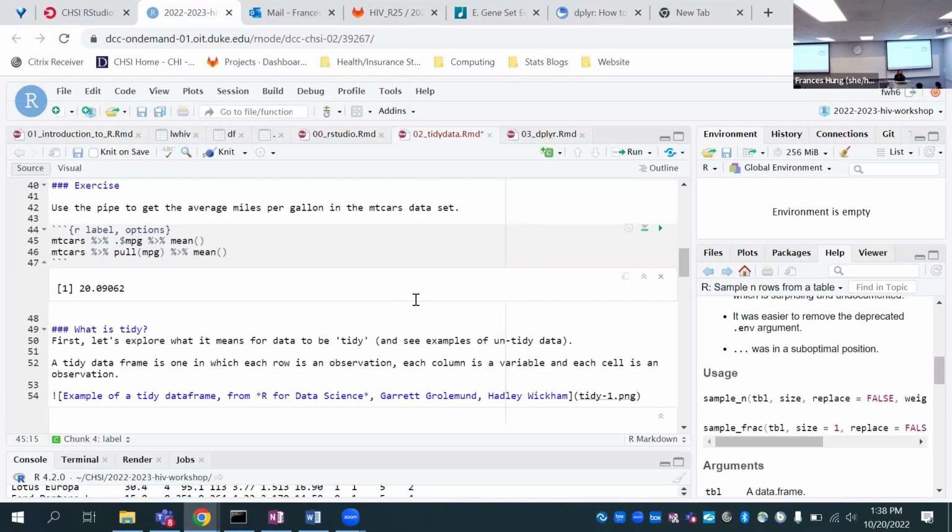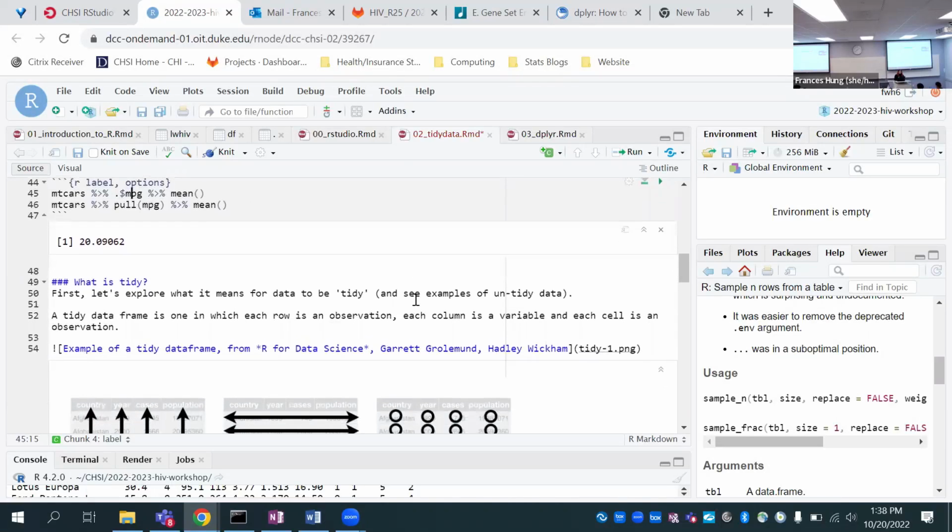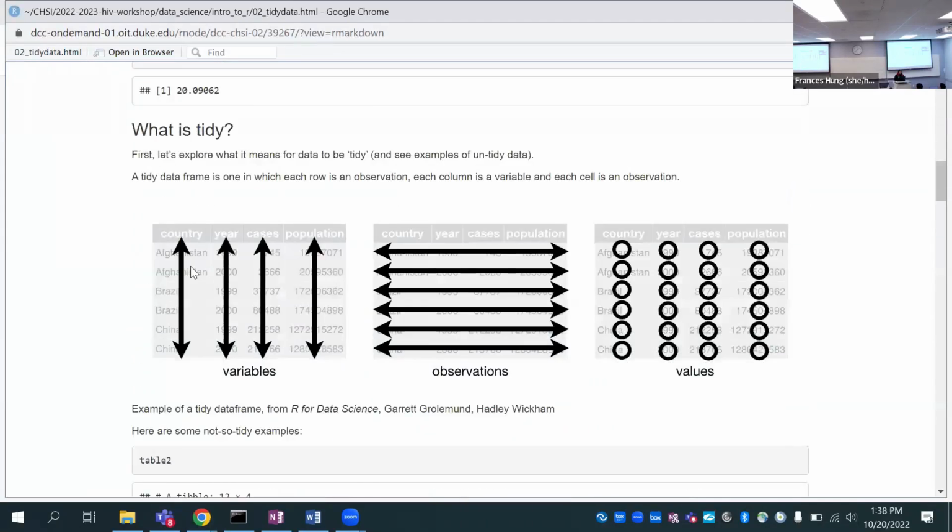So we're going to look at an example of what it means to be tidy. And if you knit this, then you should be able to see the nicer full picture of what it is.